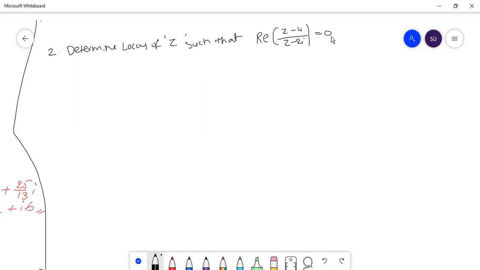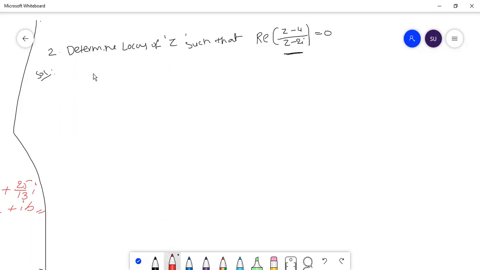We need to find the locus of z such that the real part of (z minus 4) by (z minus 2i) is 0. This whole thing is nothing but a complex number. So the real part of a particular complex number is equal to 0. Then find the locus of z. So whenever they are asking for the locus of z,